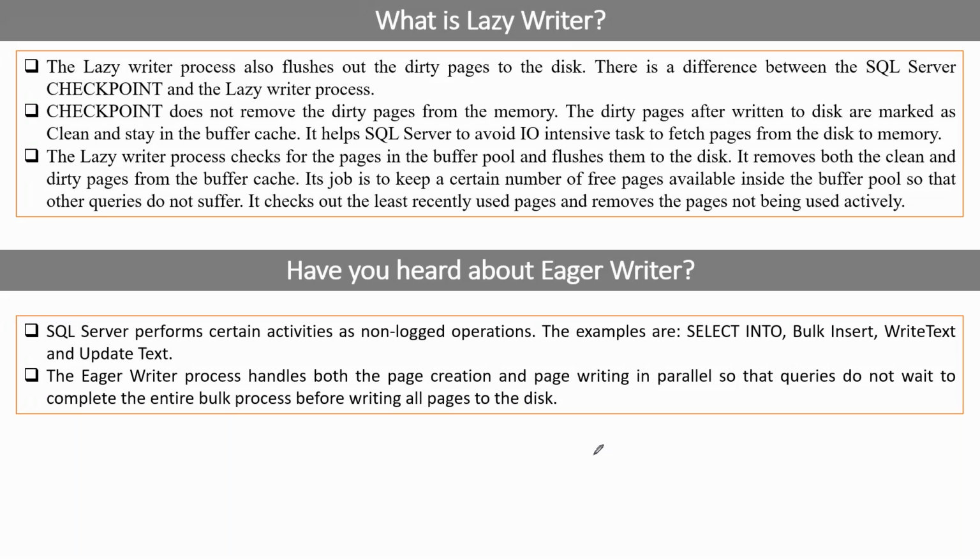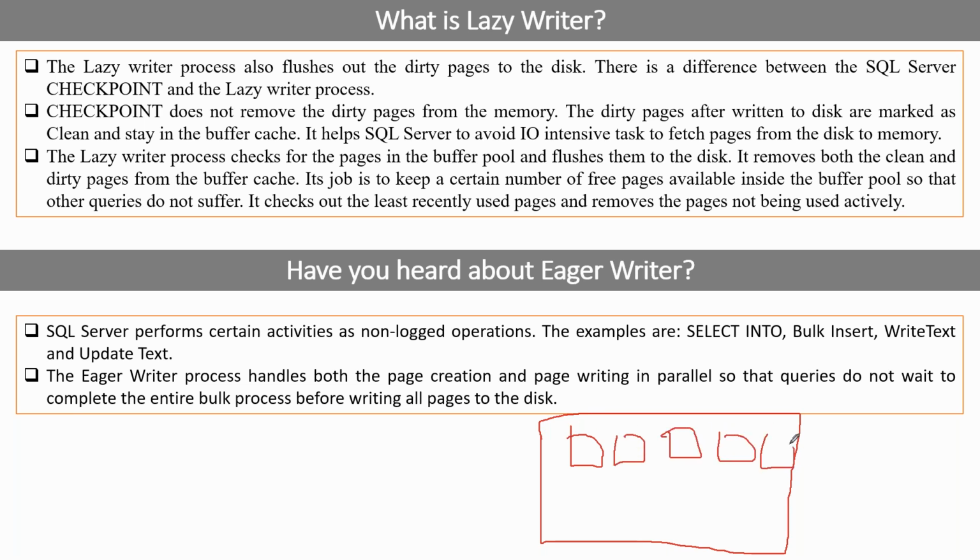Based on what algorithm will it start clearing and flushing the pages? Someone will call it least used pages, someone may also call it least reference count. For example, this is the buffer. Assume these many pages are available in the buffer, in the data cache. Whenever you perform a select statement or data modification, how many times has this page been used in the buffer? That is counted in the page header.